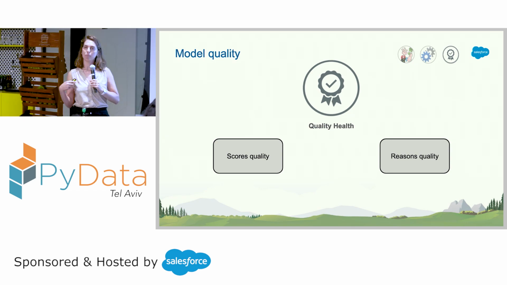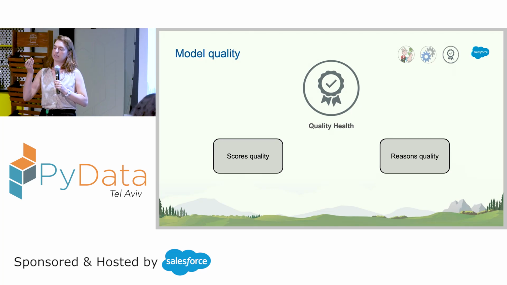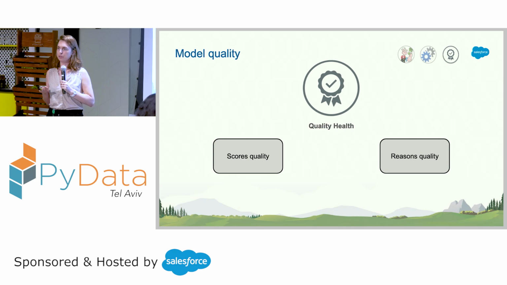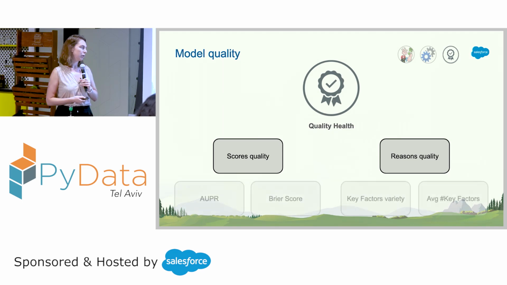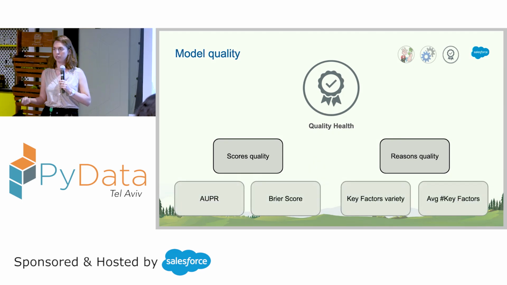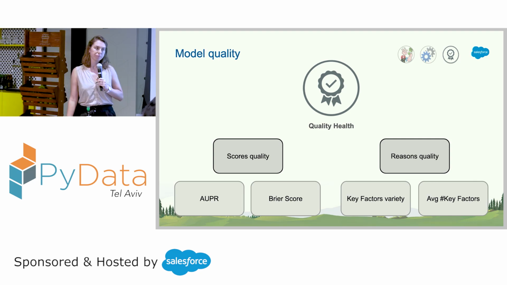I described before the scenario where the sales rep is ranking the opportunities based on the scores. So we are basically dealing with a ranking problem. That's why we chose AUPR as our metric, because it is a very good metric for ranking. But